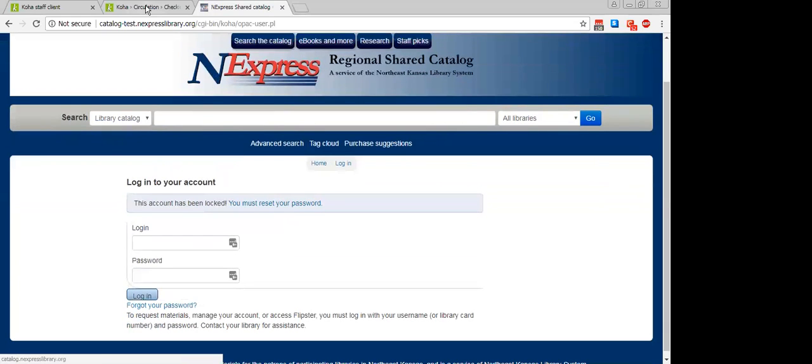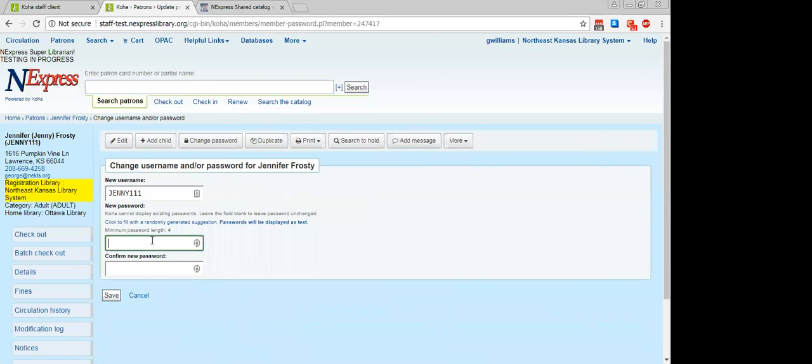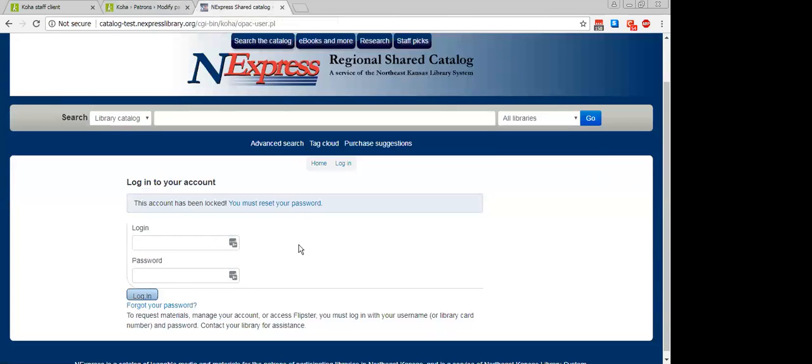So let me go back over here and change her password back to something, unlock the account. But as a patron, they can change their own password? Yes, that was a new feature in the last update, I can show you that. As long as we know their email address that they have associated with it, because it does require that they have access to that email. Perfect. That was a new feature the last time around, but I can go over that really quickly because we've